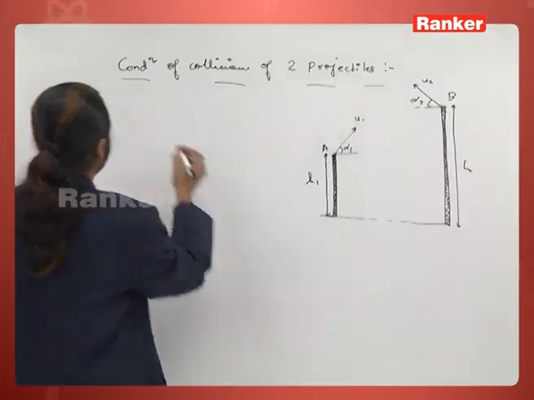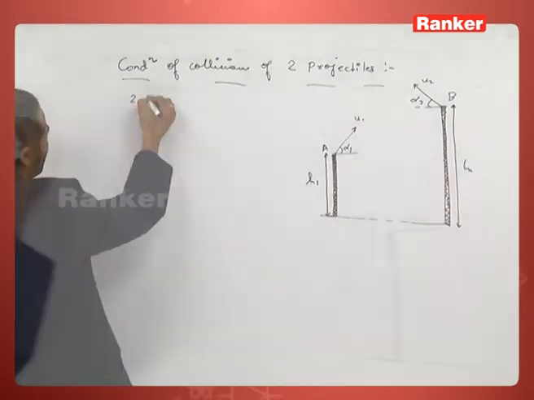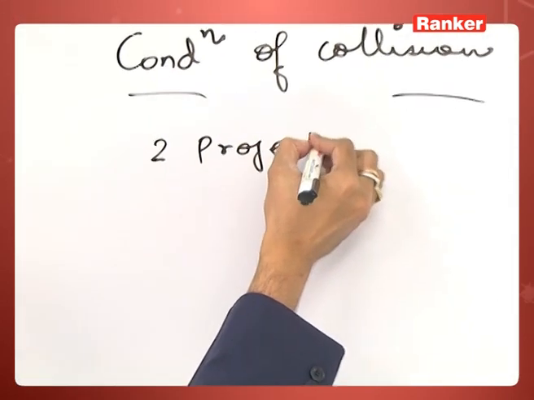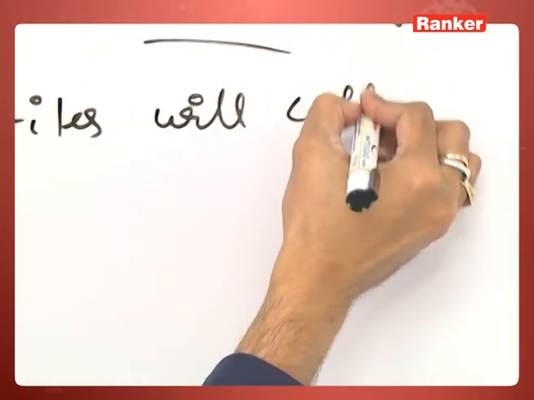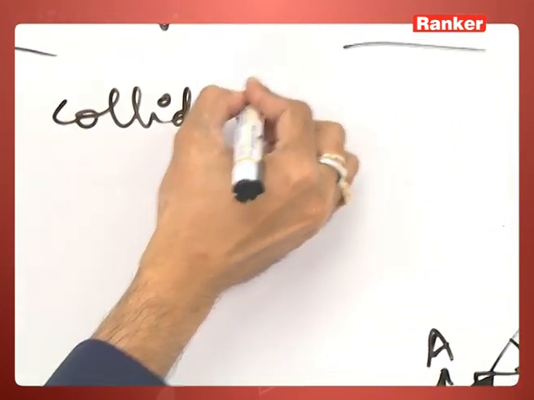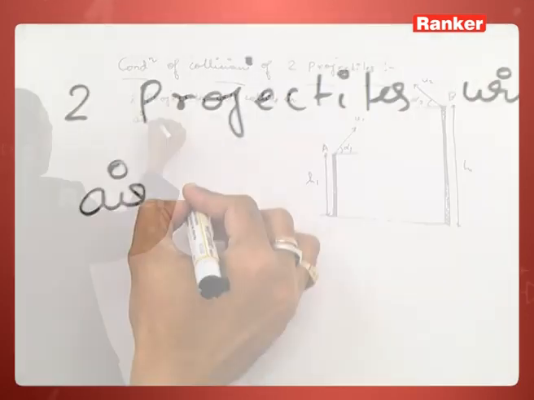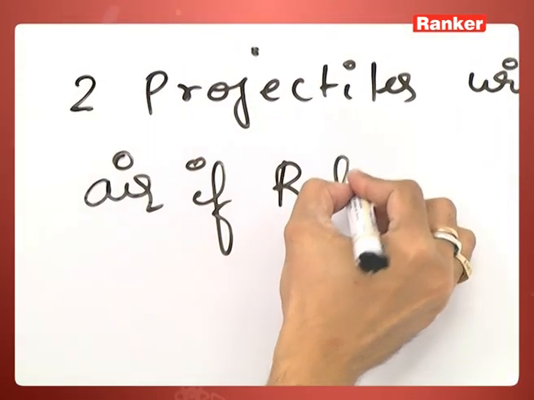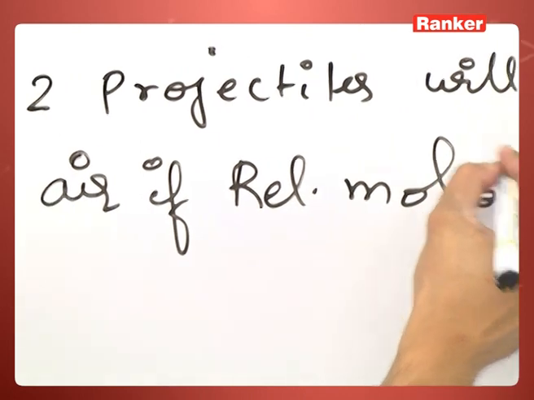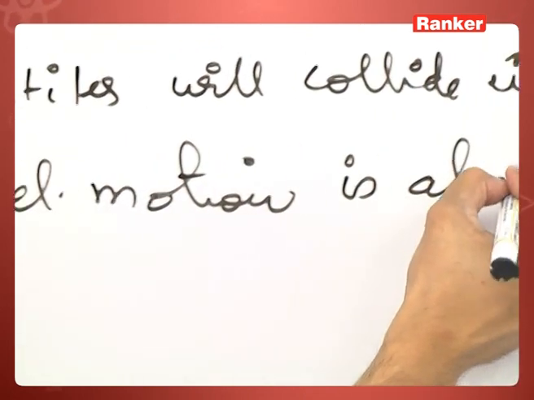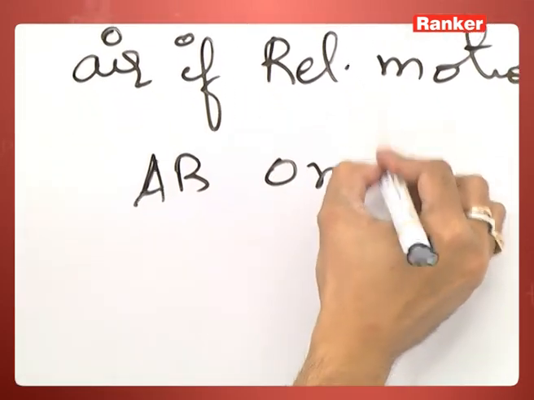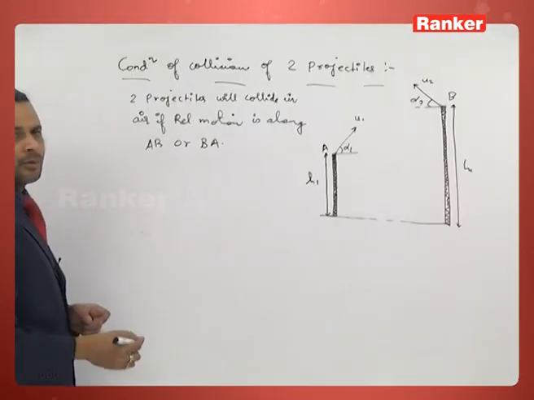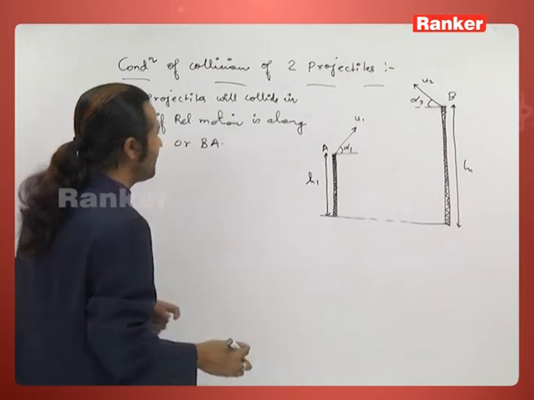So I can write two projectiles will collide in air if relative motion is along AB or BA. So I can write here